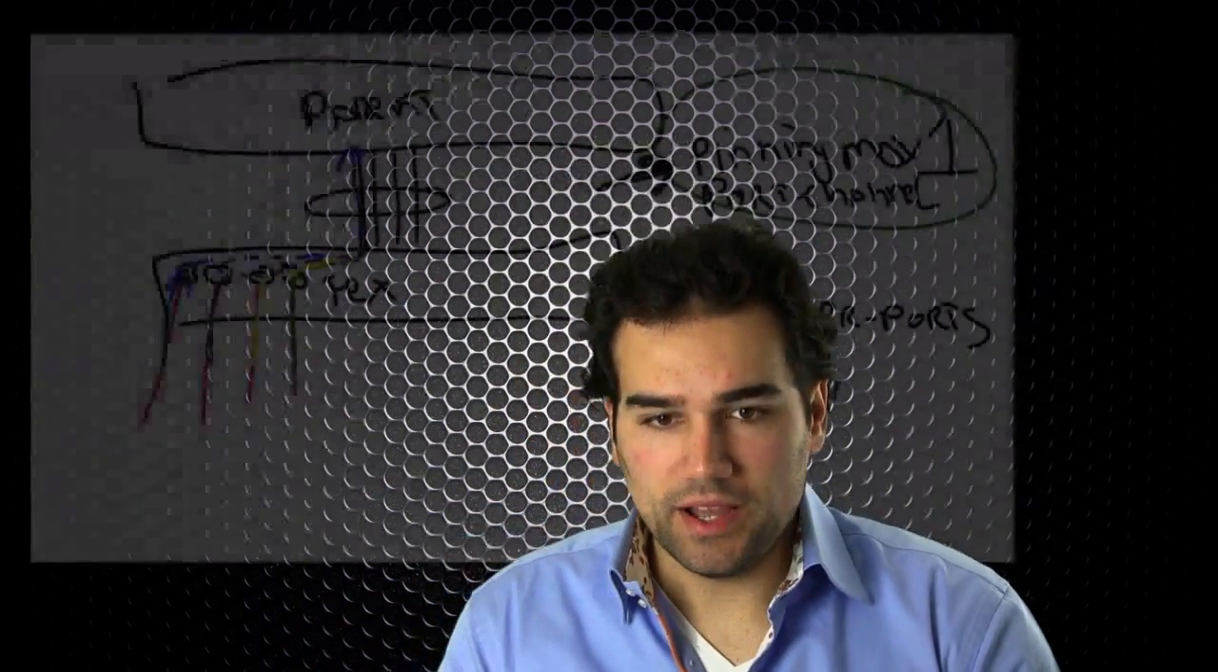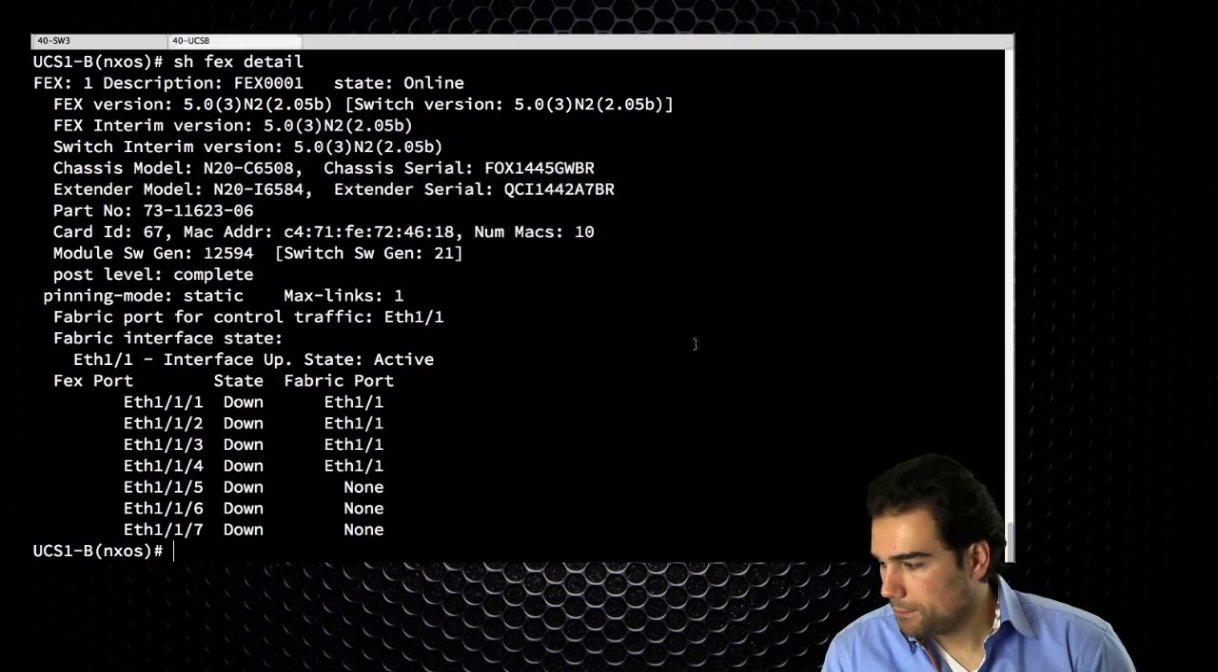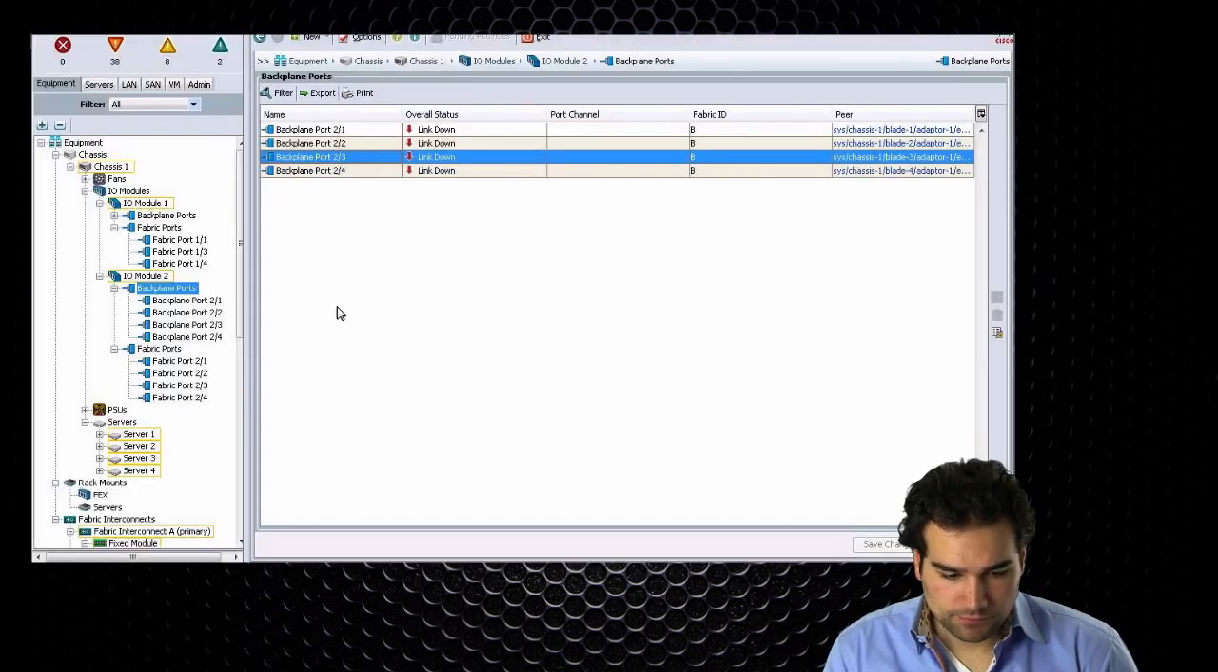But what I can also do is, if I have set the discovery policy to something less than what I connected the server with, so in this case, my discovery policy is set to 1. But in fact, I am using 4 ports. What do I need to do? I need to go back to my UCS. Where's my UCS? Here. And what I need to do is,